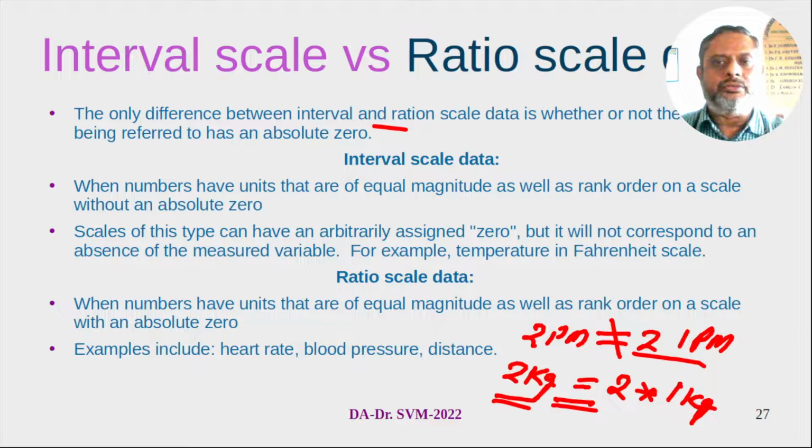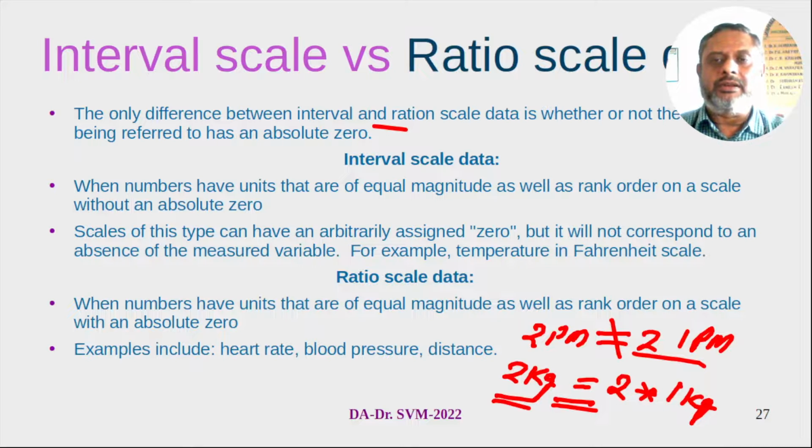So you can't use two rooms and say that room 1 has got 20 degrees centigrade, room 2 has got 20 degrees centigrade, so opening the wall between the two rooms, the temperature will become 40 degrees. That's all a nonsense argument. So that's what we are trying to infer in interval scale.